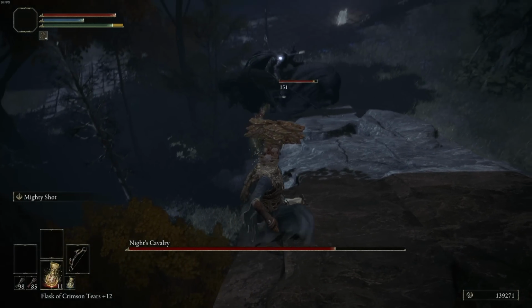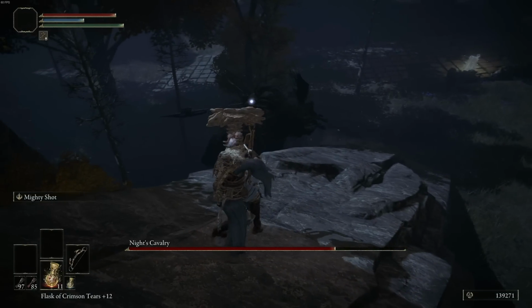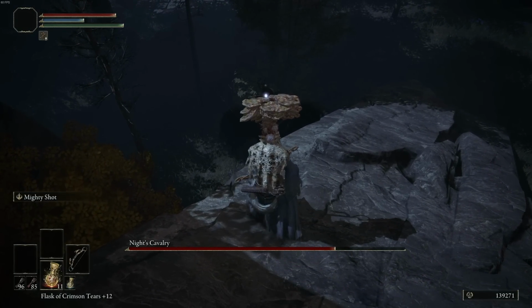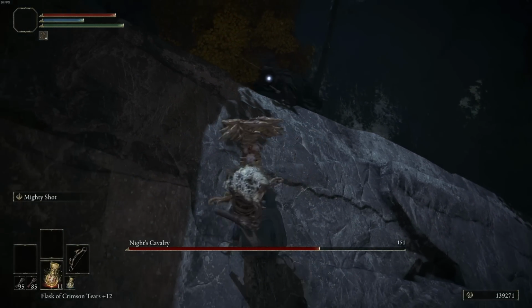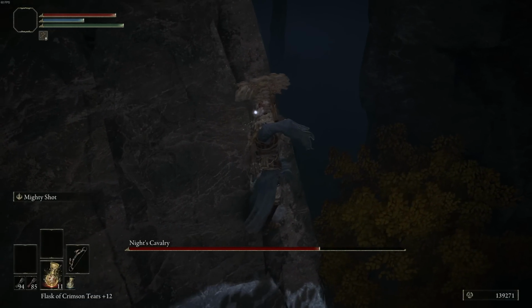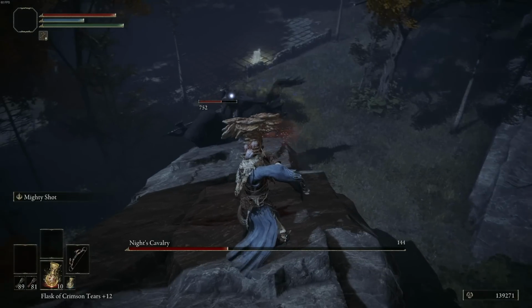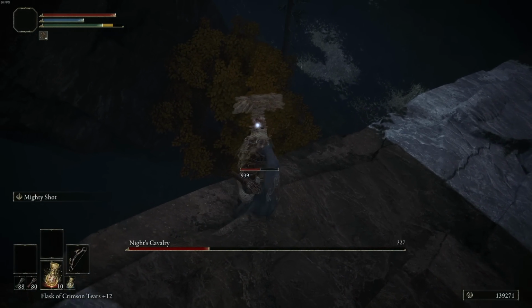Now, I will say this area feels less like a cheese and more like a legitimate strategy, because the boss can land one vertical swing against you if you're not standing in the right spot. And every now and then he does figure out a way to actually get back on top of the rock that you were on. However, most of his time is spent running around in circles, looking for the ramp at